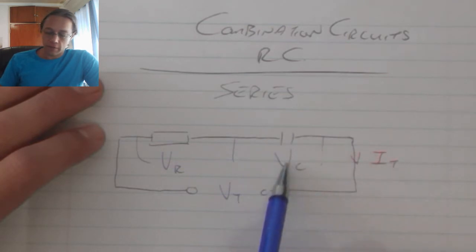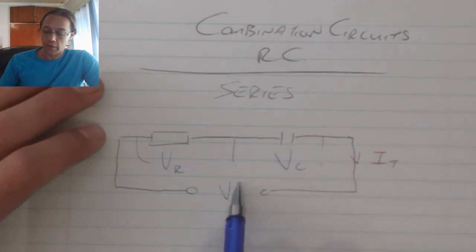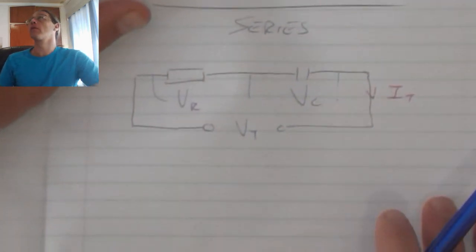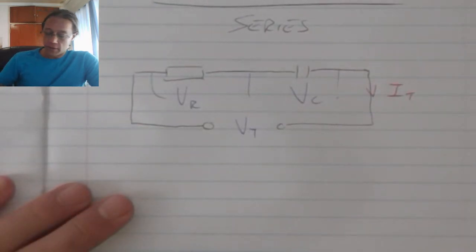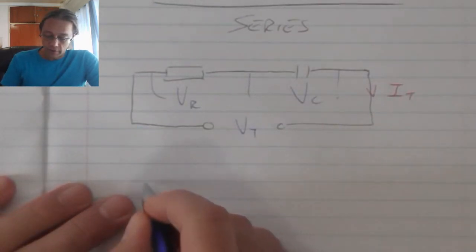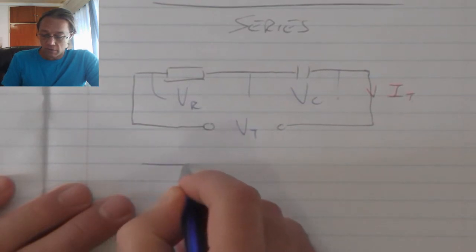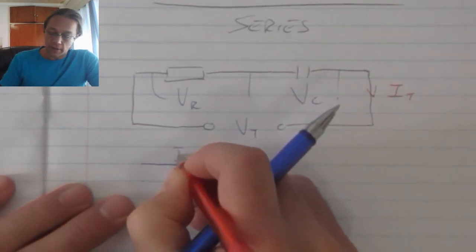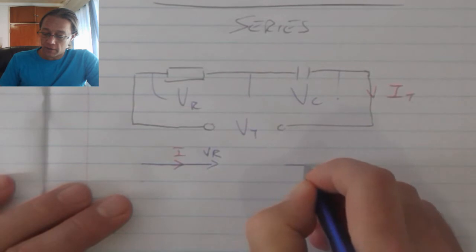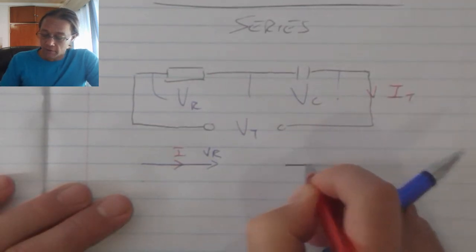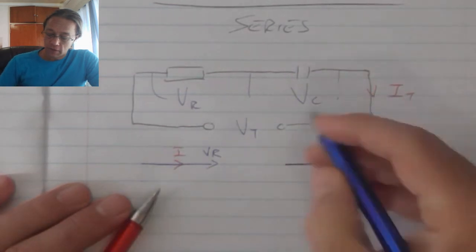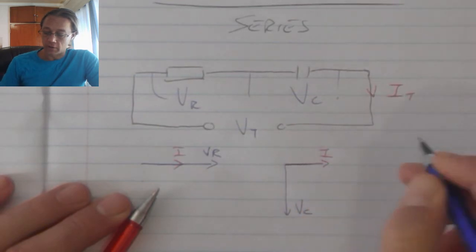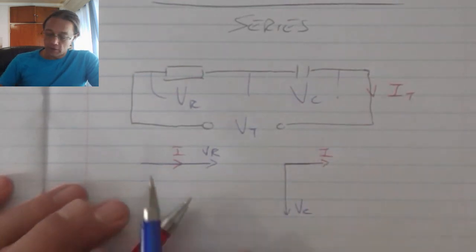Because the capacitor is reactive in nature, there is a lagging voltage in the supply with reference to the current. Looking at the phasor diagrams, the resistor's voltage is in phase with the supply current, and the capacitor voltage will be lagging the current by 90 degrees. The result when combining these two,